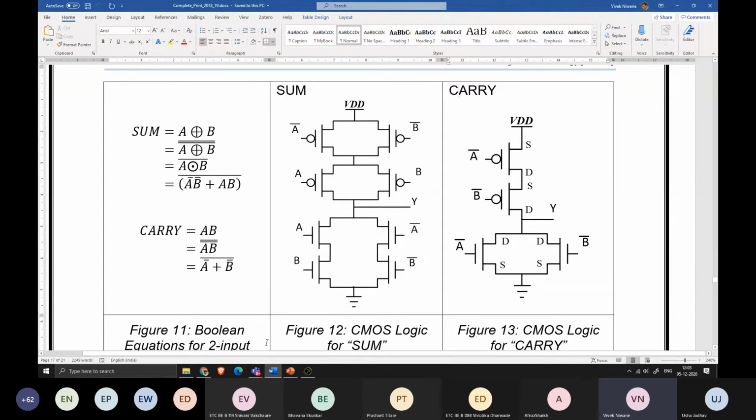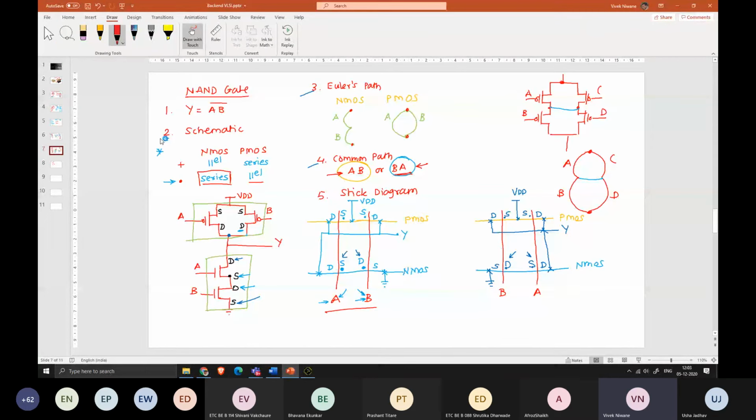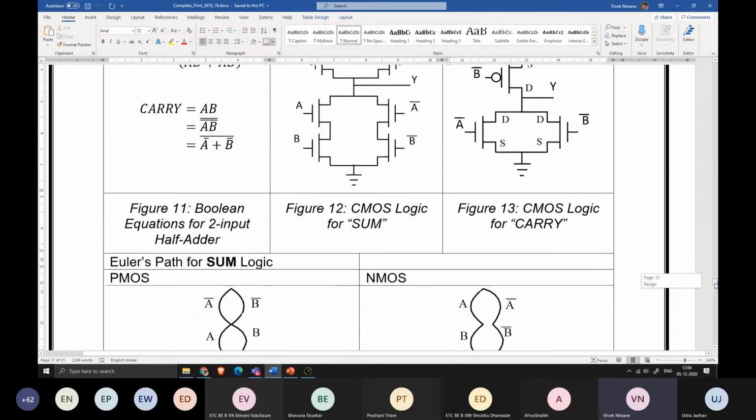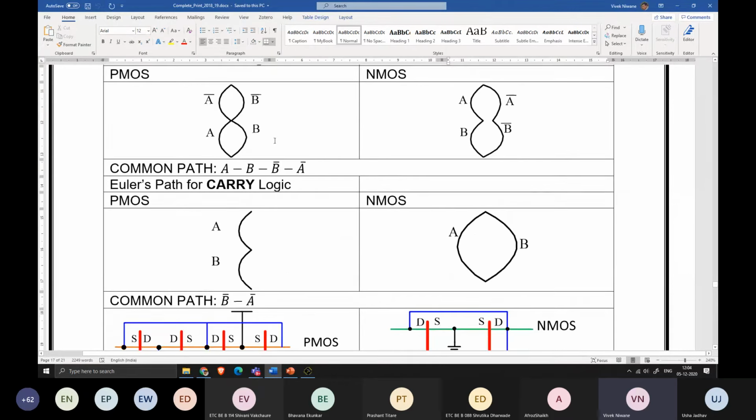after looking at the equations को सही सही बना लीजिए, इक्वेशन बनने के बाद इस टेबल को रेफर कीजिए. ओके, इस टेबल को रेफर कीजिए, टेबल को रेफर करके ये स्कीमेटिक बनेगा, स्कीमेटिक बनने के बाद आपके यूलर्स डायग्राम बनेंगे. ओके, PMOS एंड NMOS का फॉर सम लॉजिक एंड फॉर कैरी लॉजिक उनके लिए आप कॉमन पाथ आइडेंटिफाई करोगे. देखो अभी यहाँ पे आइडेंटिफाई करेंगे. इफ आई चूज टू बी,